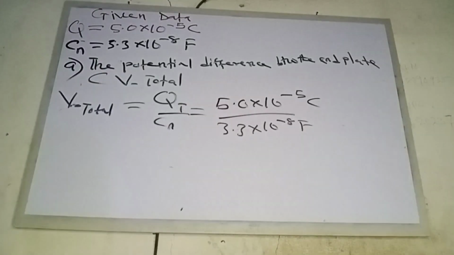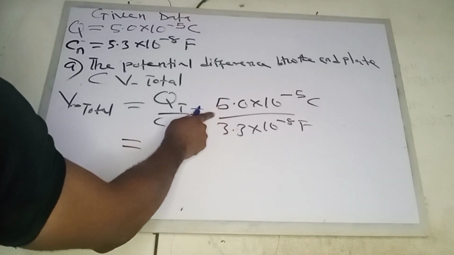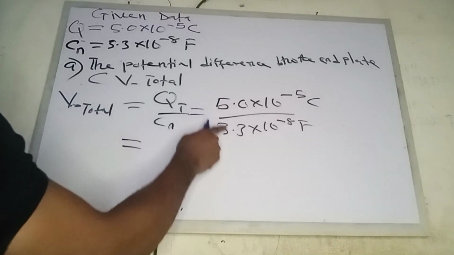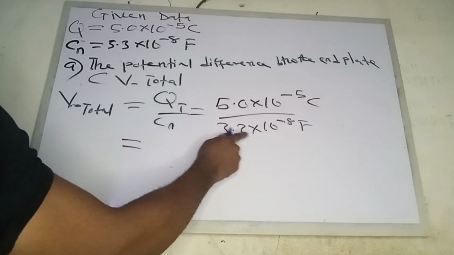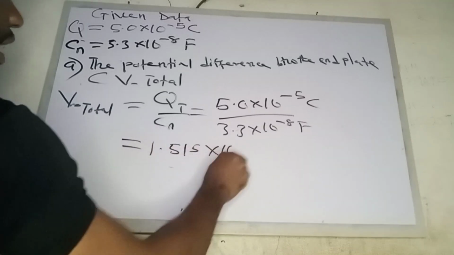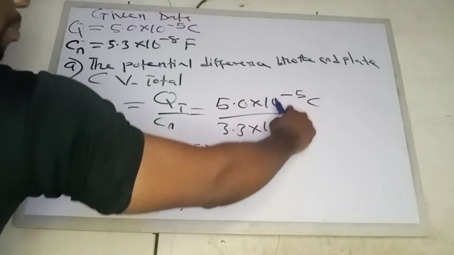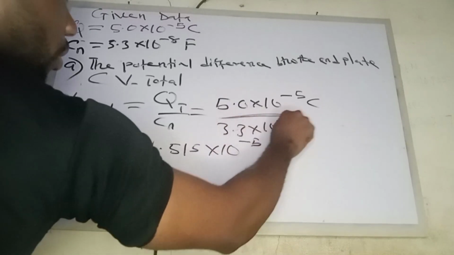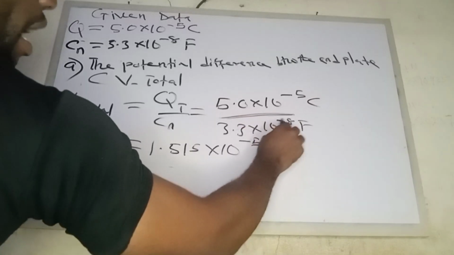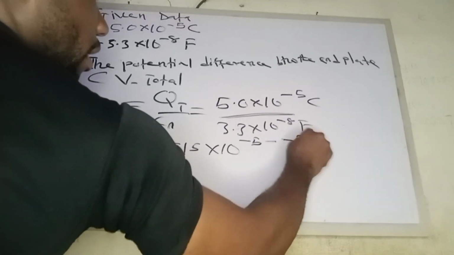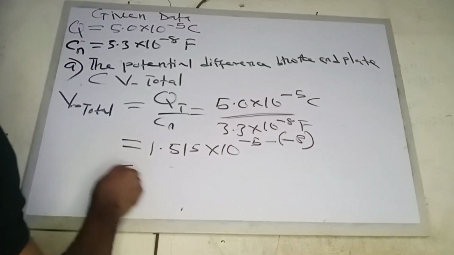So when we complete this division, it will be the same as 5.0 divided by 3.3, we're going to get 1.515 times 10 raised to the power of minus 5 here. Then this particular division also brings a minus, so on our denominator we have minus 8. So put this into bracket. So therefore, our answer is now